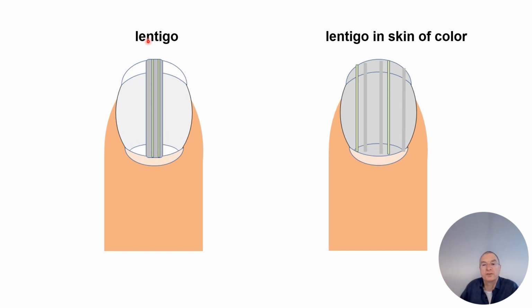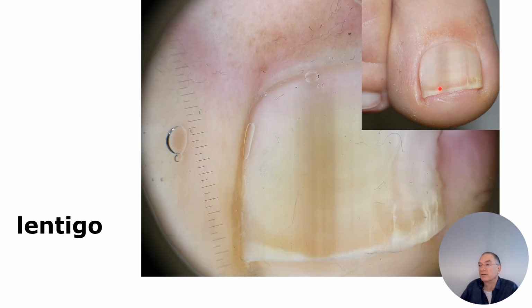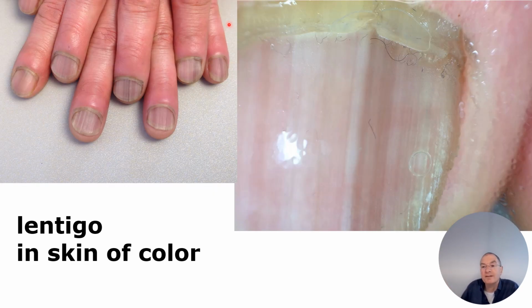Yeah, so we know this is a lentigo, or lentigo in skin of color. A typical distinct lentigo here, or lentiginous nevus. But it is benign. And this is a man coming from India, and we see this more in, for example, Asians'